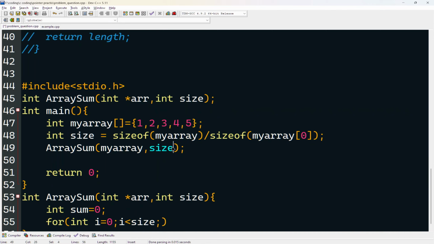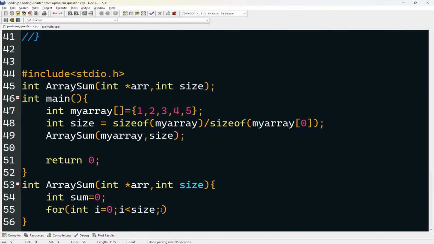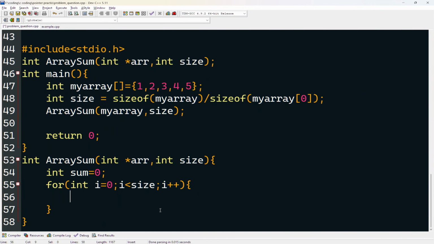Here I pass the size of this array, and here it receives the array size. Here we write i plus plus,